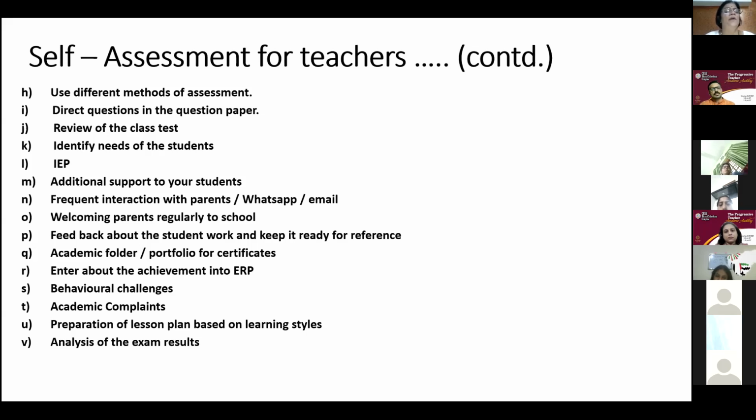Next, L point, IEP. What is IEP? Individualized Education Plan. Now, this has to be done collaboratively by the special educator, class teacher, and the counselor in unison. This is done for SEN students, special education needs students, and it is prepared for students who are differently abled, who are dyslexic, who are dyscalculic, who are autistic, who have reading, writing, and learning disability, or speech or hearing impairment.